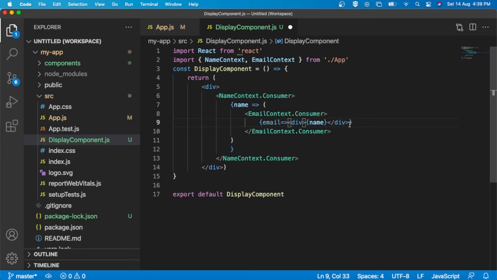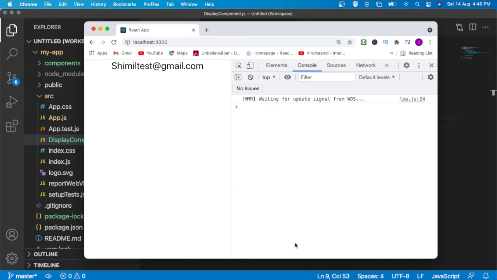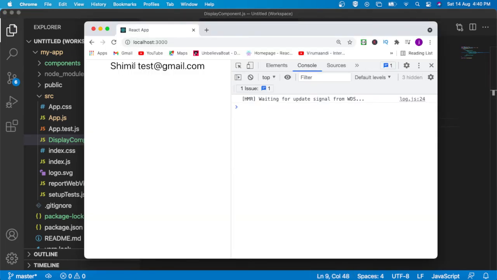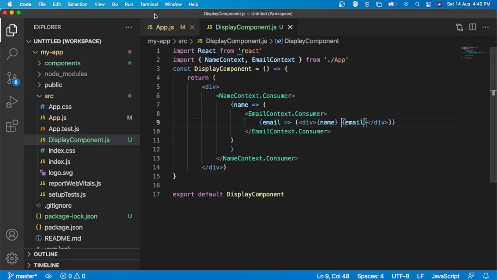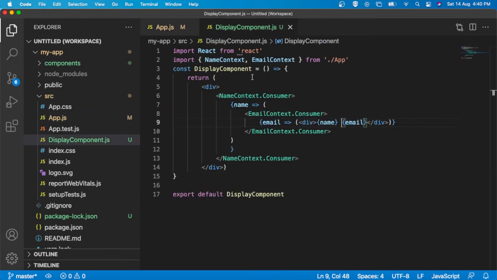So inside this div the email will be available, so I can add a bracket. Now if I just add email here, the email value will be printed here, right? Yes, I can add a space in between them. Yes, Shimil and test. So we have created two contexts, name context and email context, and we have consumed that value